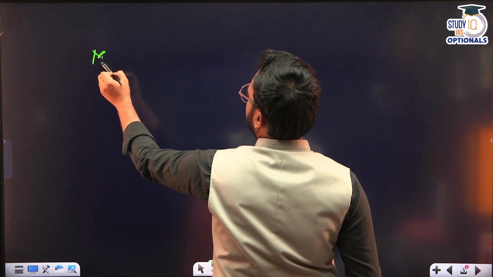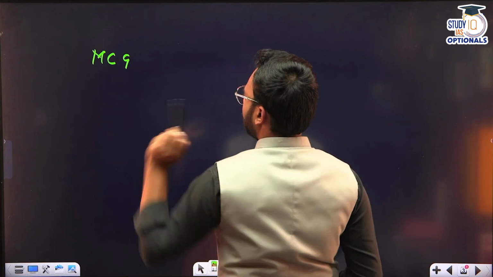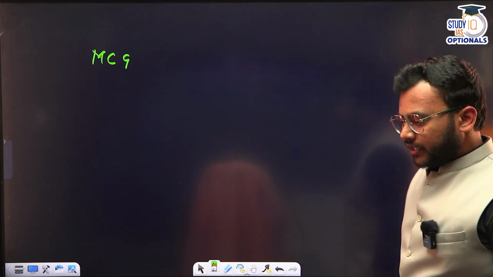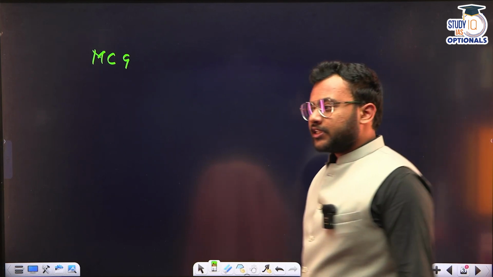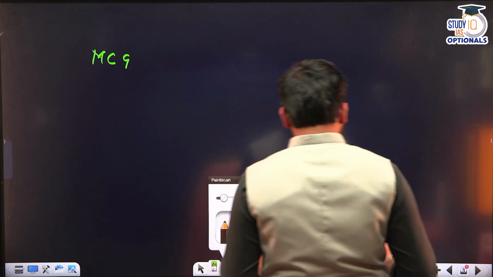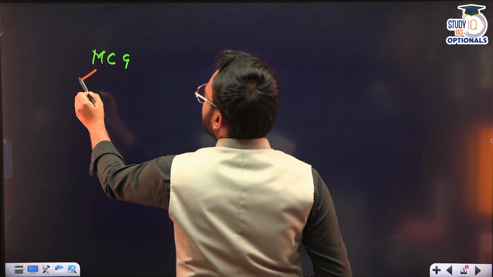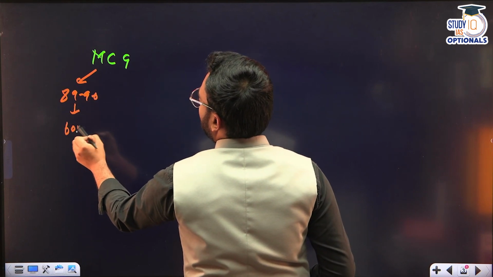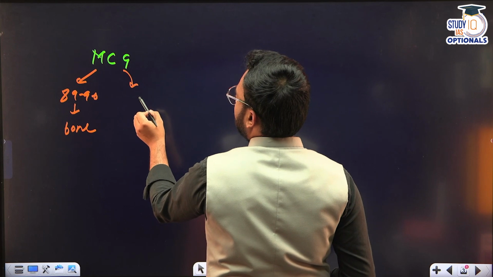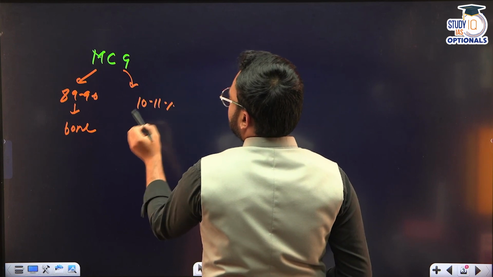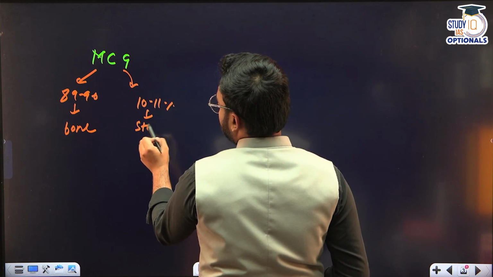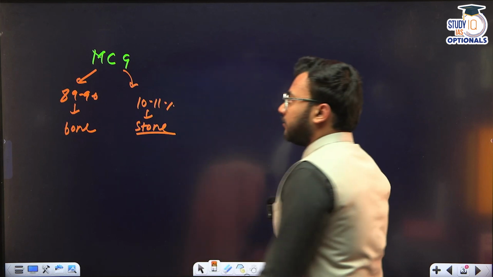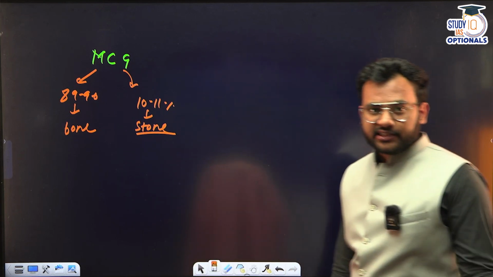In short, we call it MCG. Muchatal Chintamanu Gavi site in the southern part of India, in the state of Andhra Pradesh. And this particular site has a composition of 89 to 90% bone tools, followed by just 10 to 11% of stone tools. All right. So apart from this site, we do not have such evidences in the Indian subcontinent.